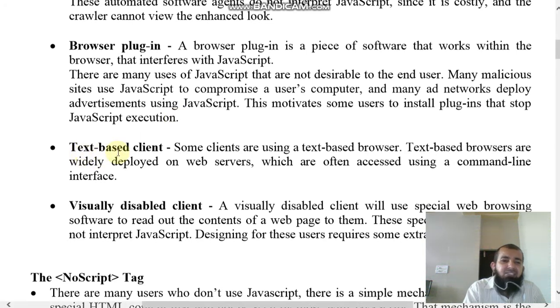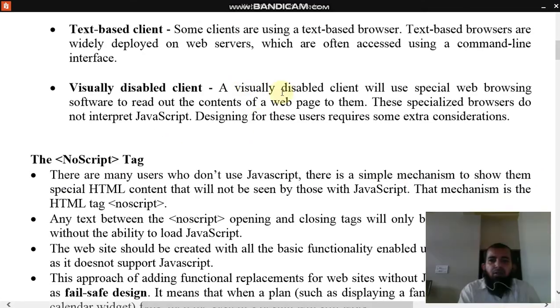Next, text-based client. Some clients are using a text-based browser. These text-based browsers are widely deployed on web servers, which are often accessed using a command line interface.